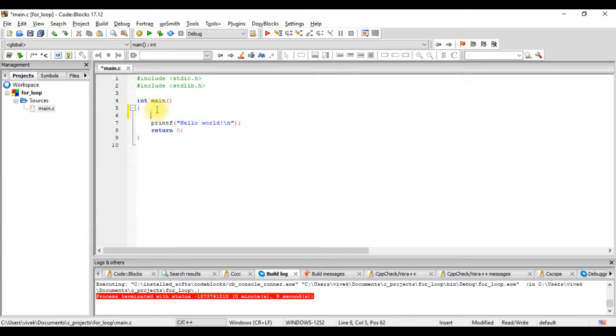Let's take a variable I to control the loop terminations, and we write do and then the brackets, and inside the brackets we'll write the statement which we want to execute in the loop, and then at the end of the do while we'll write the while statement, while I is less than 10, suppose, end it with a semicolon. Let's see what happens when we run this.